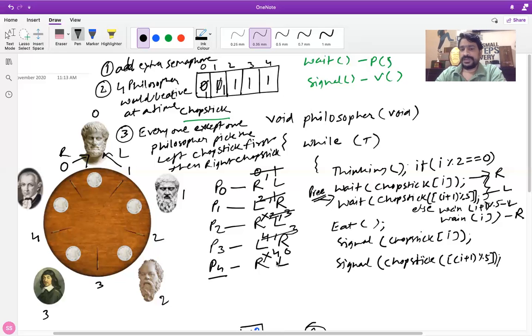On that we have seen the problem of deadlock. अभी deadlock से कैसे हटना है या कैसे उसको solve करना है, we have many solutions. Okay, so